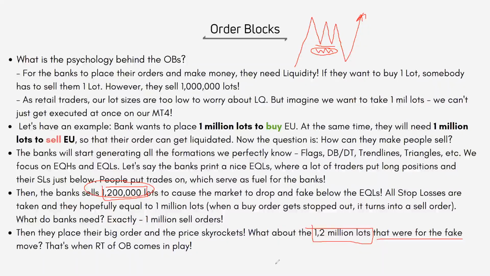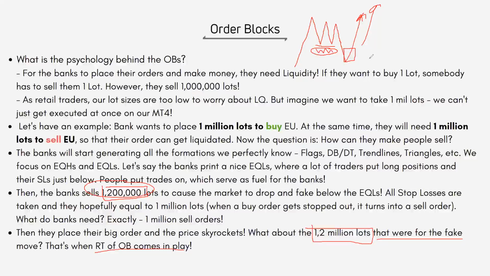So this is something important that I want you to understand. In order to sell this market, they are actually going into drawdown. And when they place their buy right there to create that order block, their sell position from right there is in drawdown. Why? Because they cannot close it. Again, why? Because of liquidity. They cannot sell right there 1,200,000 right there and then close it and buy it again. It's impossible.